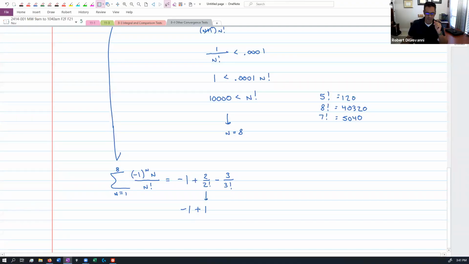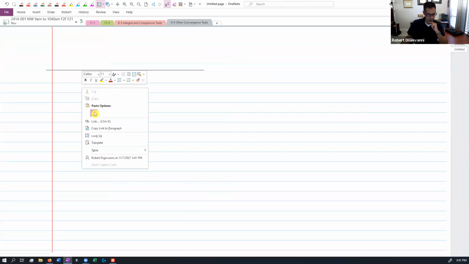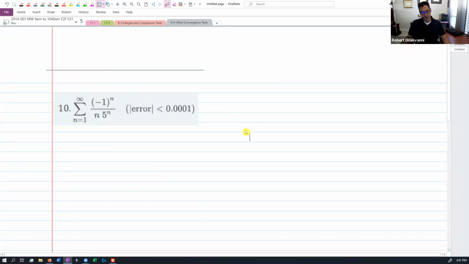Okay, while I was taking a break, I decided I'm going to do another one of these just so you can see it work from the beginning. So here's a way the problem would appear in the textbook. It says, here's a series, and it wants you to find how far you need to sum this out to in order to make sure that the sum you take is within 0.0001